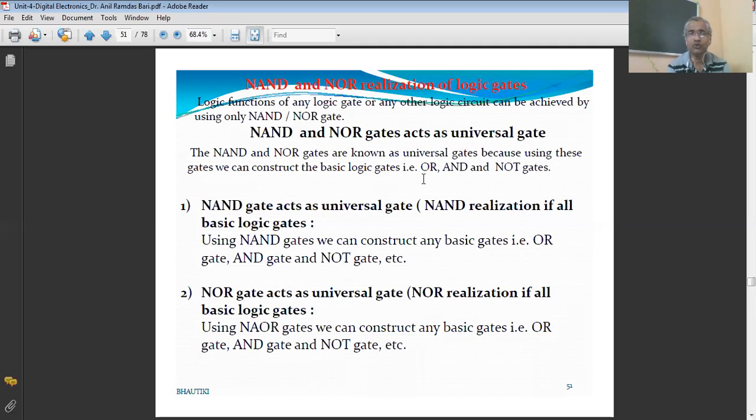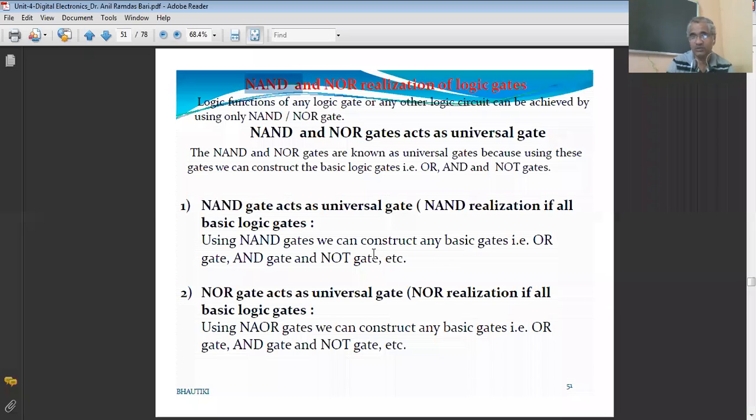So NAND means not AND. So AND gate and then NOT gate. AND plus NOT gives the NAND gate, and NOR gate means not OR. So OR gate plus NOT gate gives the NOR gate. So these are the derived gates. NAND gate is the combination of AND gate and NOT gate. NOR gate is the combination of OR gate and NOT gate, and these gates are called as the universal building